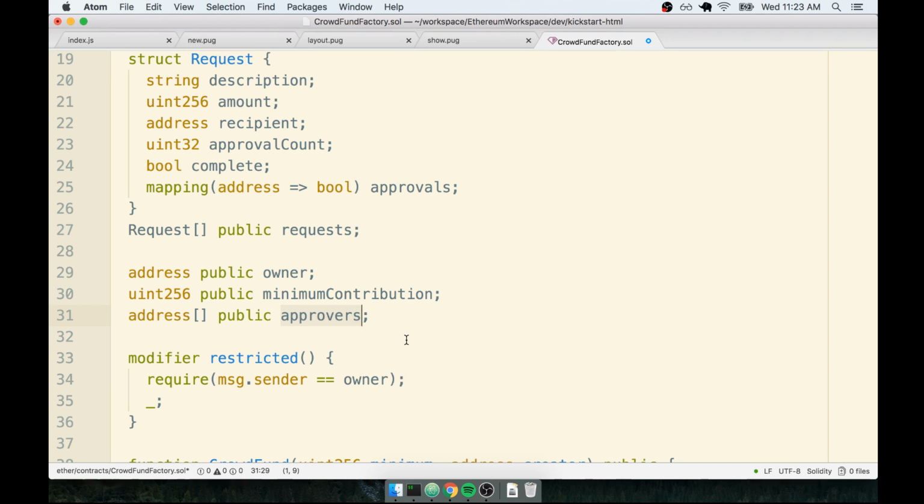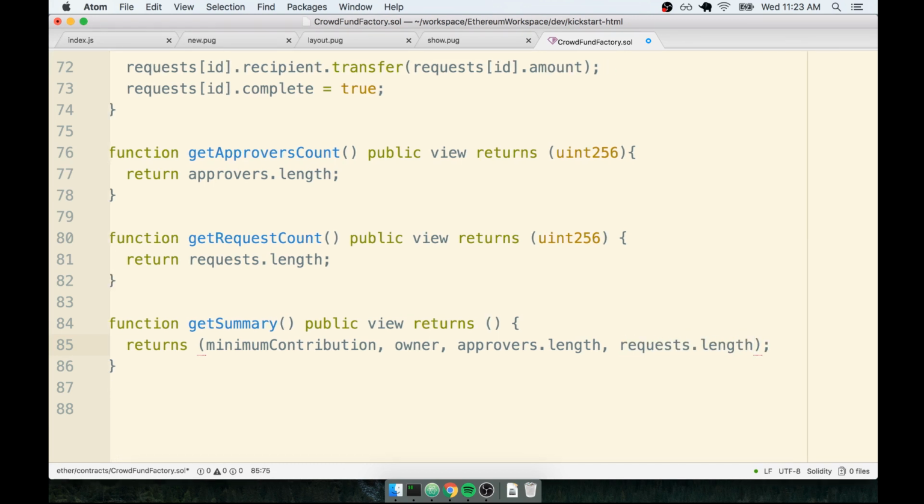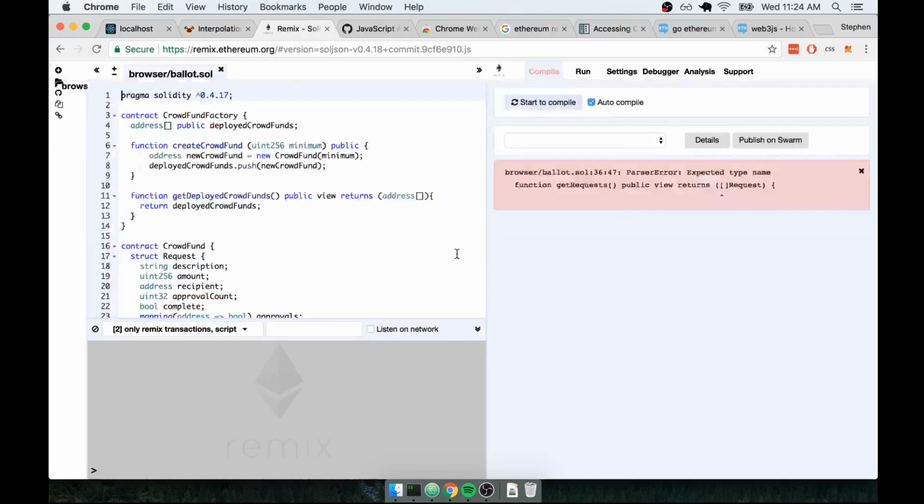I think the number of approvers would be really good, and then maybe the number of pending requests. Approvers.length and requests.length. I think that might be a good place to start. So this is going to be a uint address uint uint. And then I would really like to do the address as well, or balance, excuse me. Let's make sure I'm getting the syntax right first for multiple return values. I can test it out very easily